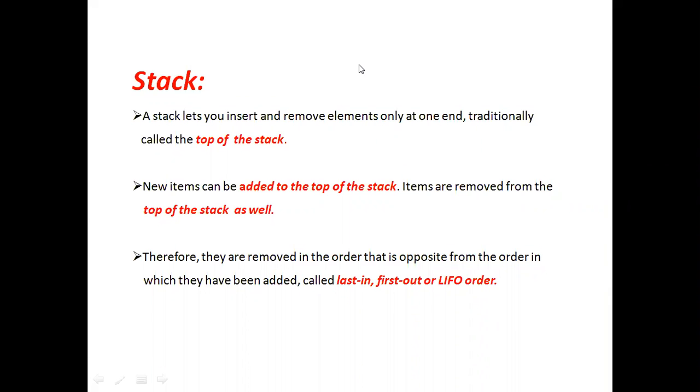We can perform additions or deletions only at the top of the stack, only at the one end. Stack follows the order called last in first out, that is LIFO order.